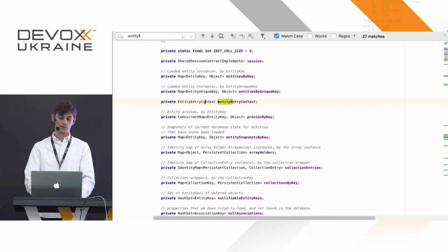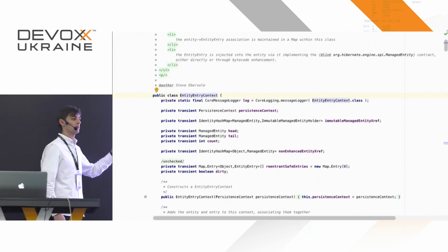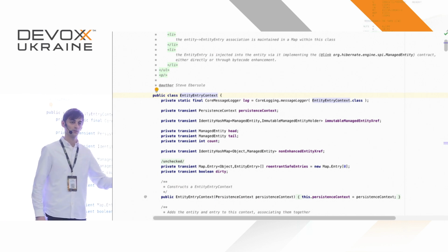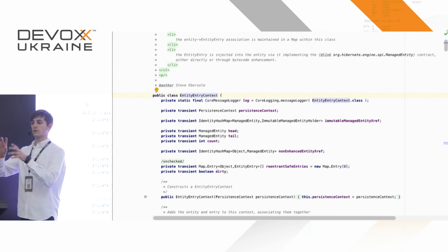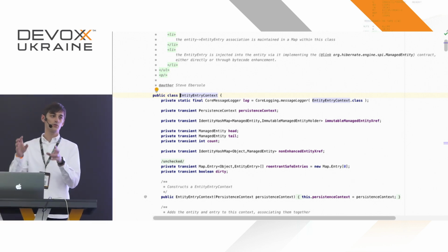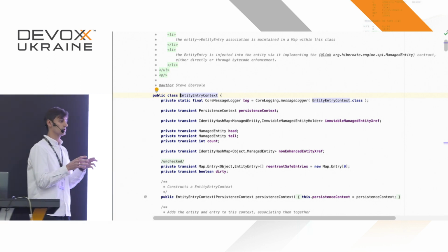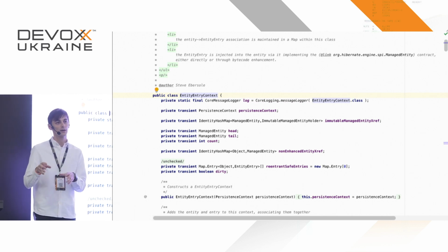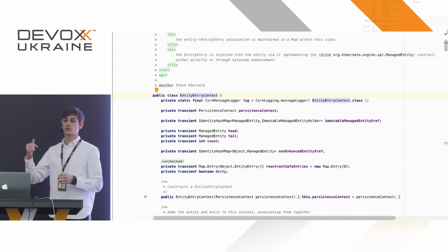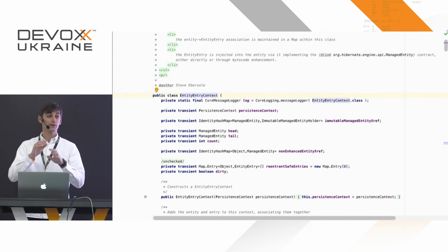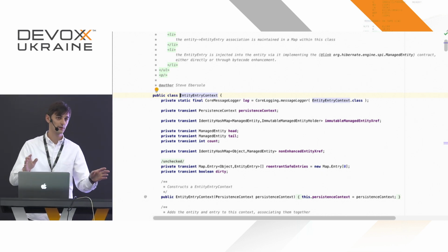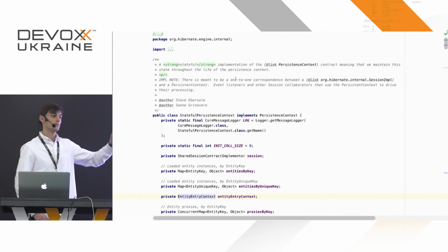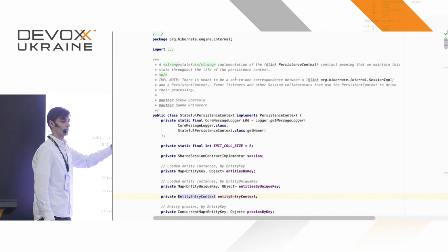Entity entry context. Okay, so this thing is some kind of a custom linked list of managed entries. And Hibernate has this concept of entity entry, which is basically a structure that it uses in order to handle and track an internal state of each managed entity. But you can forget the thing, and you can remember only that every time you create a session, in Hibernate